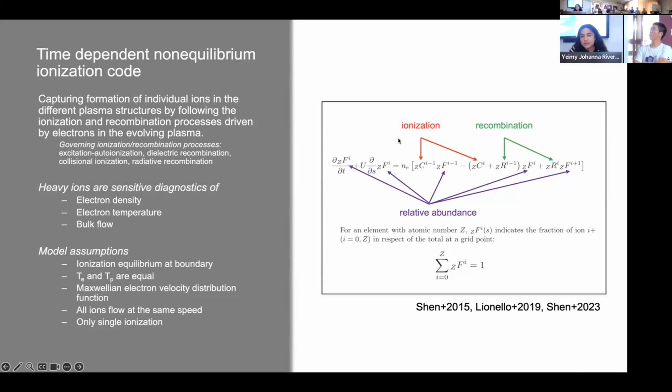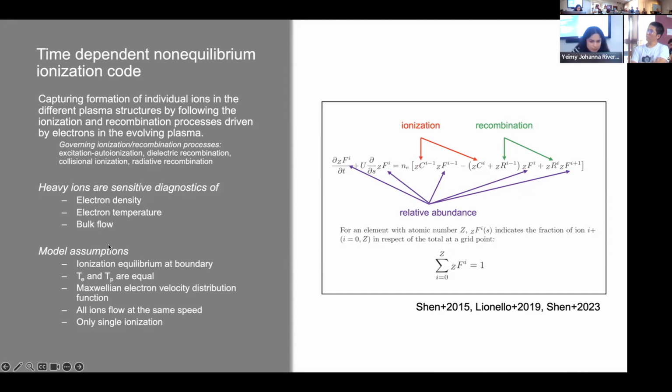So on the right is just the continuity equation that determines the ion population in your plasma. We already talked about this, but the ionization and recombination are due to interactions with the electrons: ions colliding with electrons, recombining with electrons. So here the ions are sensitive to the electron density, the temperature, and the bulk flow of the plasma is also really important. That determines how fast things are changing, how quickly the plasma moves from one place to another, which is also really important to the ionization and recombination.